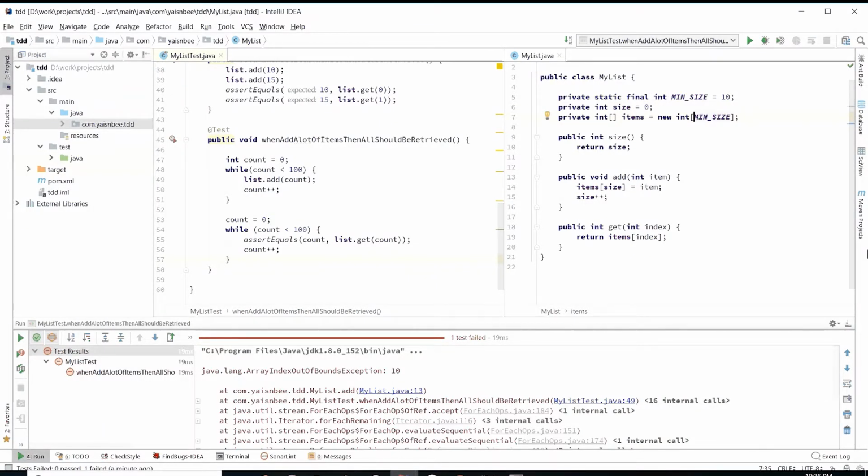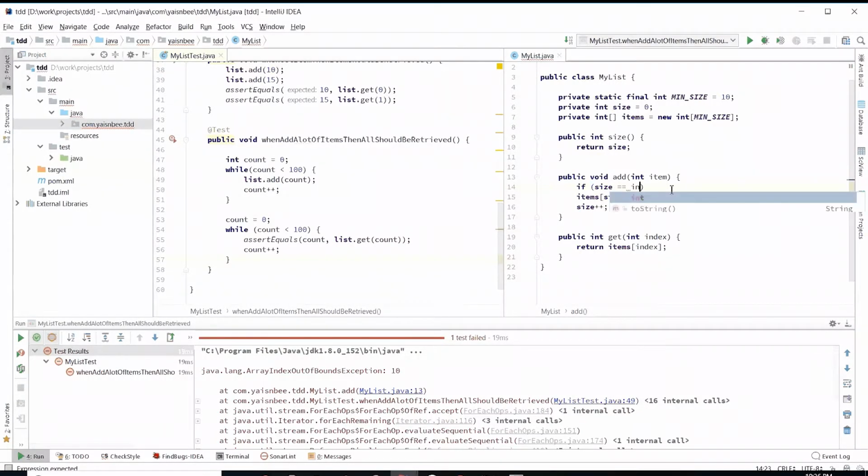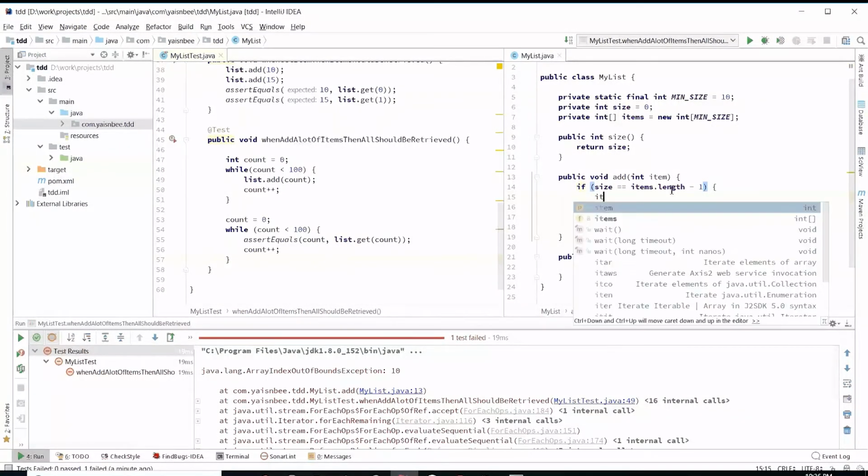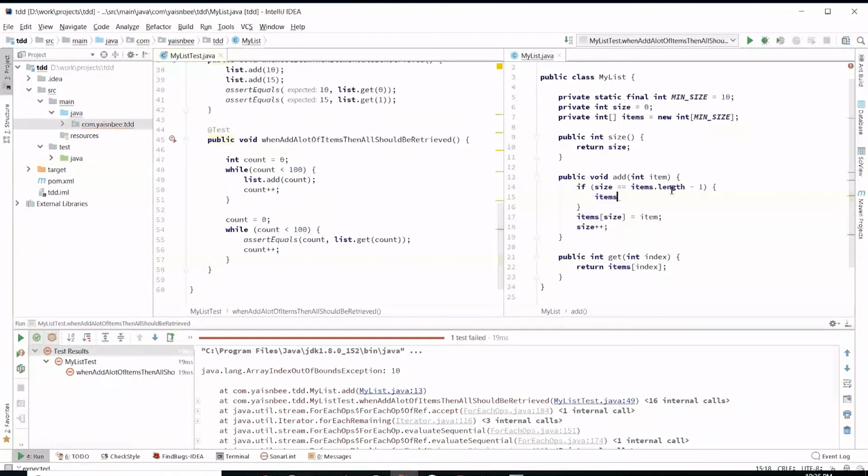And once this is done, what we can do here is if the size is items dot length minus 1, because the length will start from 1 and the size will start from 0, what we can do is items is equal to